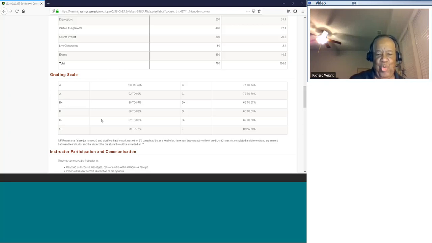The reason being is because I don't encourage C students. I encourage A and B students for 2 reasons. Number 1, you get your GPA higher, but number 2, it demonstrates that you're actually completing the assignments and following closely the requirements of the assignment and satisfying them with the rubric and what's in the module. And you're doing it on a timely basis.